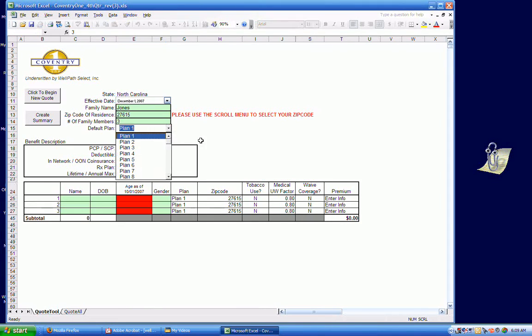Back here, we're going to use our default plan selection. And I tend to use plan number 3. It is the most popular plan that I sell. The reason is it's got the very low deductible of $1,000, and then it's 100% coverage after that. It also has a $15 copay for your primary care provider, as well as a $30